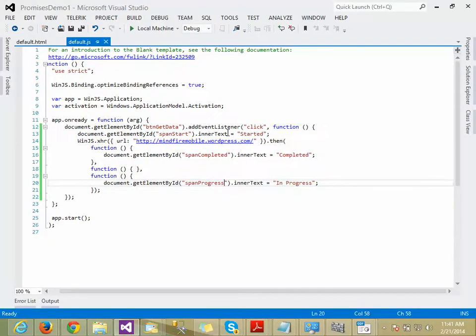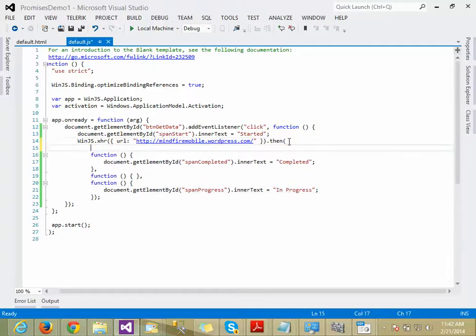This is just a simple example of the promise, how it really works in real life. We can use chaining here as well. Let me do a quick chaining.